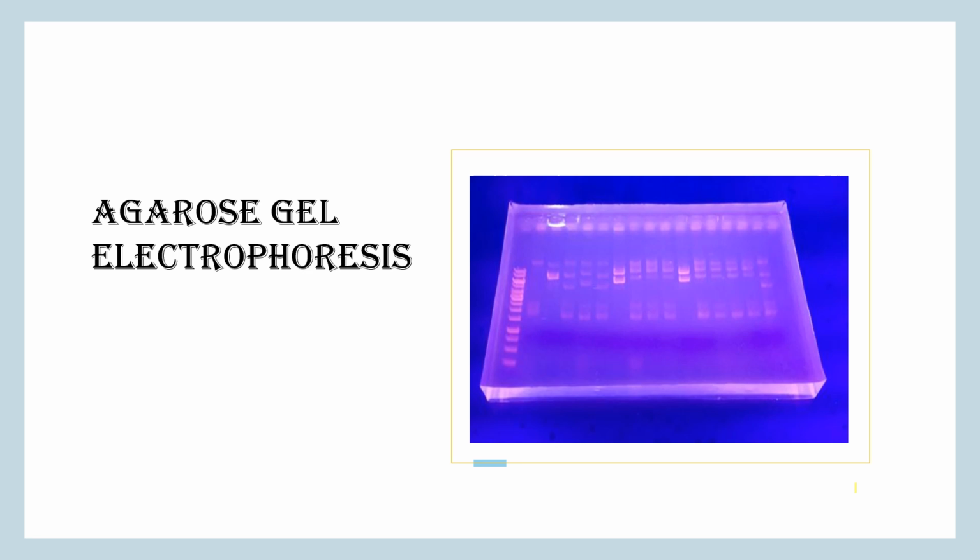So today we're going to learn about this technique, agarose gel based electrophoresis. And on the right hand side you see a picture. This is the complete output we get after doing electrophoresis. तो यहाँ पे you can see a gel is visible. ये जो gel है ये हम एक तरीके से UV पे visualize करते टाइम जो हमको दिख रहा है. This is what our product is. Let's move on.